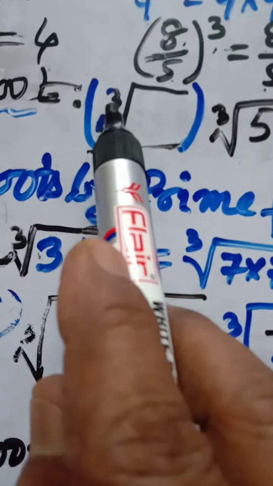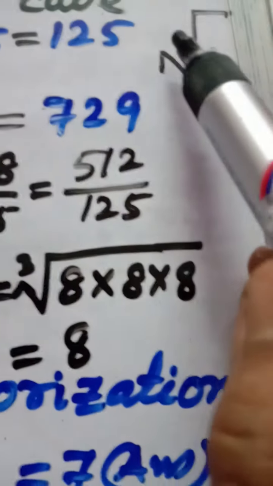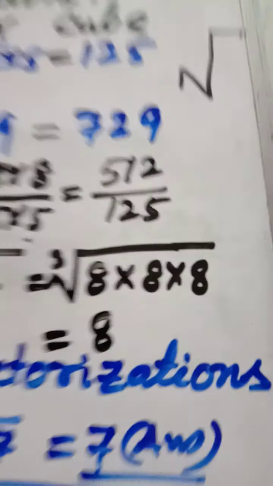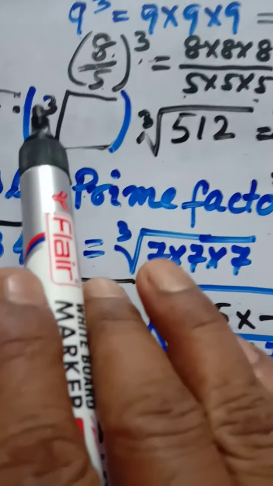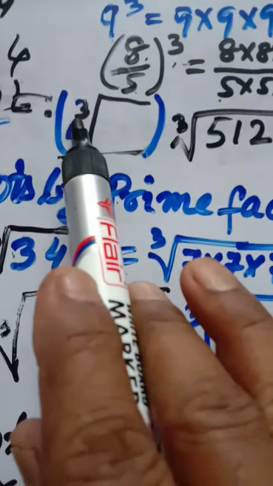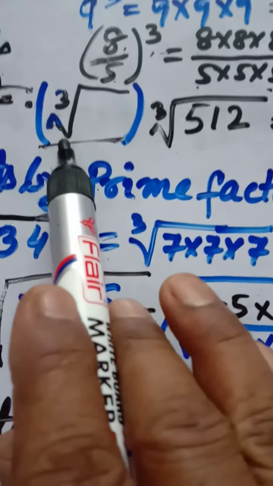The number will be given to you. In case of square, you don't have to give a number. Other than that, for cube root, and then you want to find out root over 5 or root over 4, you write down the number here. So the cube root symbol is that.